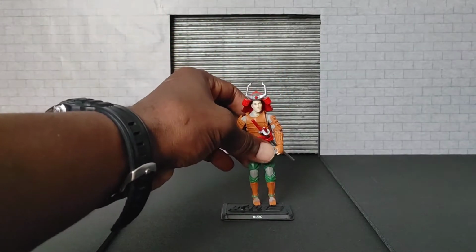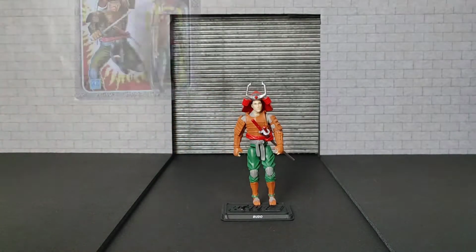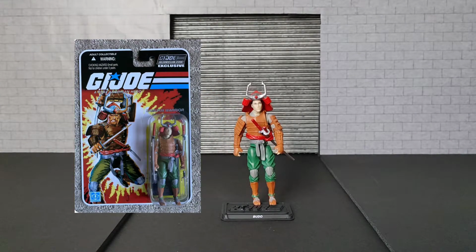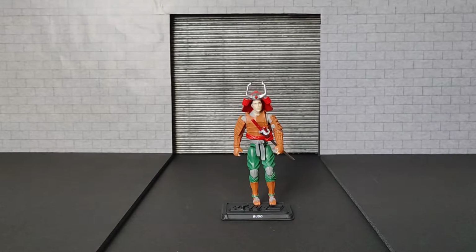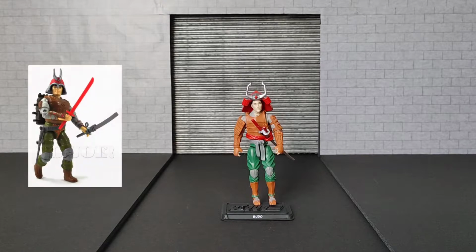But the one we're going to discuss today is the action figure subscription service version of Budo, which is Series 7, Figure 7. And he was an interesting remake. Over the years, we got quite a few different Budo figures. And the first, which was released in 1988,